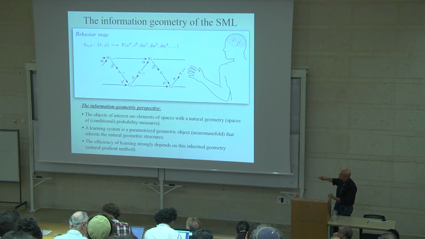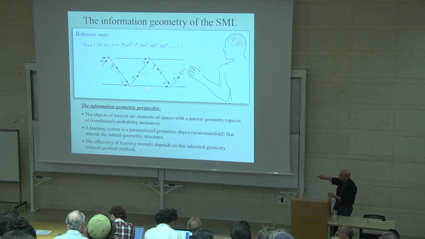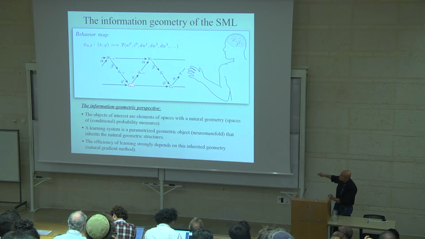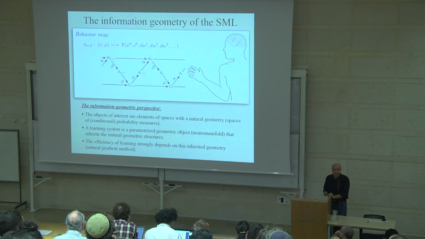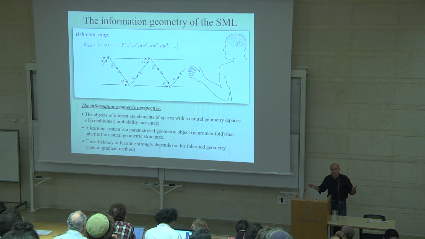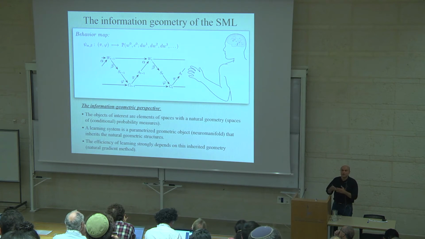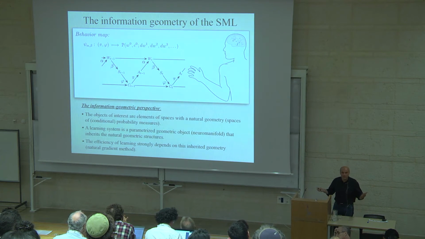So let me explain the main idea that the results I'm talking about are based on. For example, if you have a behavioral pattern here, it might be generated by different kinds of policies. Two policies can be considered equivalent if they generate the same behavior, and then we get an equivalence class of policies. Of course, we can choose among these equivalent policies the one that is least complex. This is the general idea that I'm pursuing here.